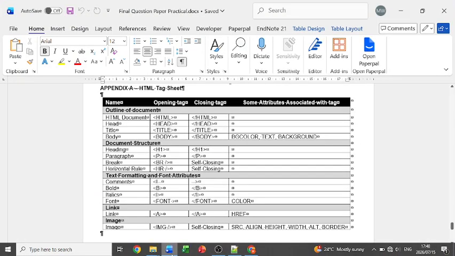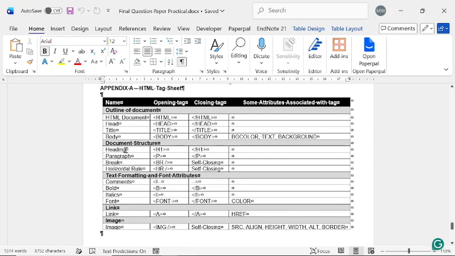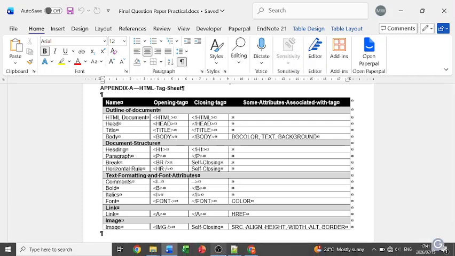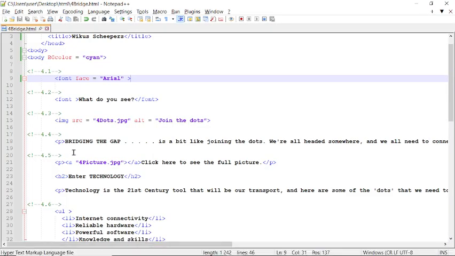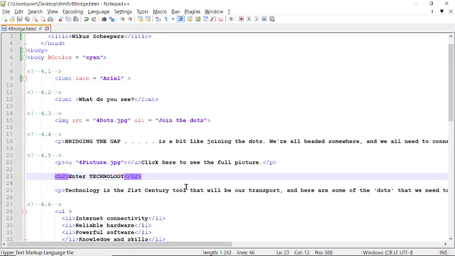And if we look at our document, all these H's, H1, H2, H3, and so forth do is select different heading styles. So I'm going to change enter technology from heading 2 to heading 1 on both sides.